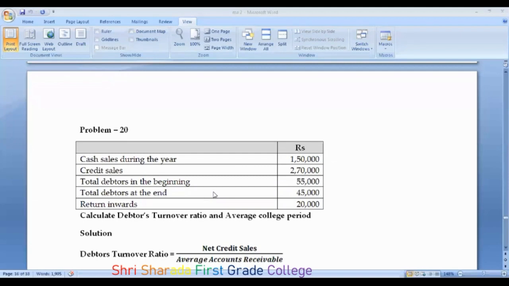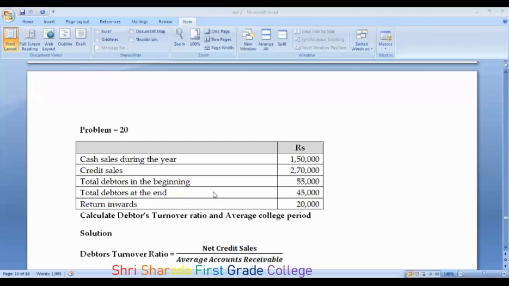Okay. So here in the case of the calculation purpose, you will be asked to calculate, first one is debtors turnover ratio. And the next one is, out of the debtors turnover ratio, you need to calculate the average collection period. I'll tell you what is average collection period later. And you should also compute the creditors turnover ratio, which is also called the payable turnover ratio, along with the average payment period. So these are the four kinds that will be computed to find out the turnover ratios.